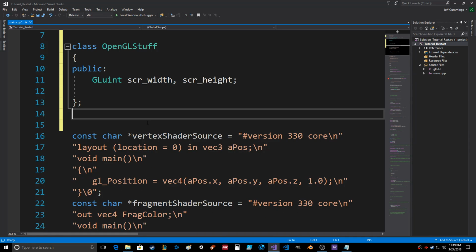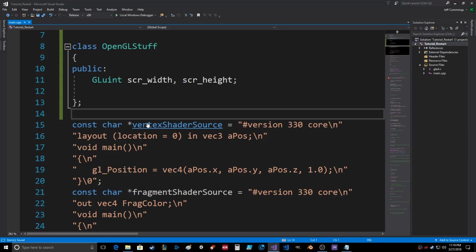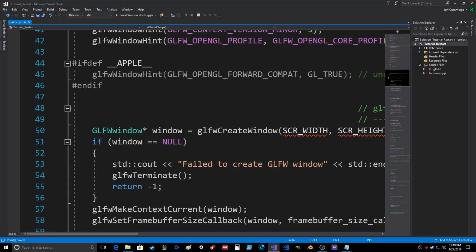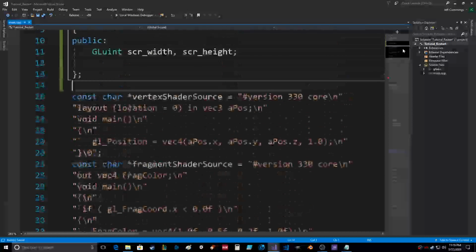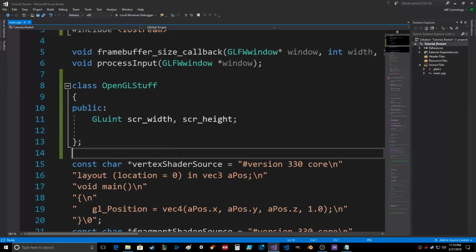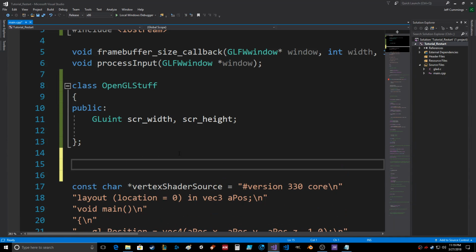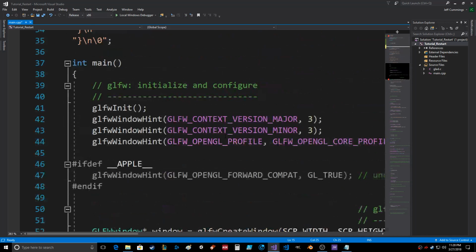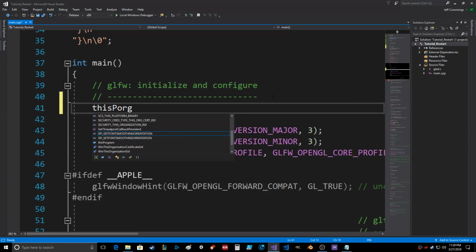So now at the simplest level, let's just assume that we want to use that right there. That's our class that we want to use. Save that. Obviously the error down here is with those variables. It's the only thing that the variables are used for. So let's instantiate it. Let's go OpenGL stuff, and we're going to call it this program. And then down here, this is inside of main. So good. We're going to go this program dot